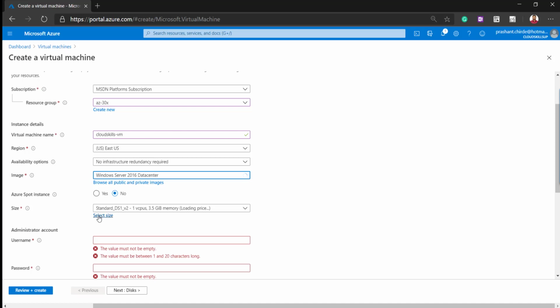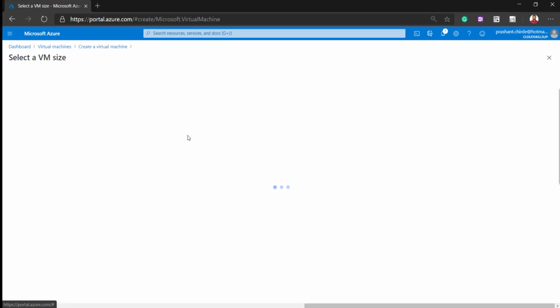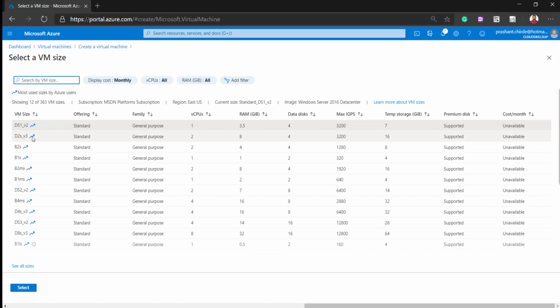The next is the size of the virtual machine, which size you want to select. If you click here, it will show you all the sizes available for the virtual machine. On this window you will be able to see the VM size, the offering, meaning whether it is standard or which type of offering.